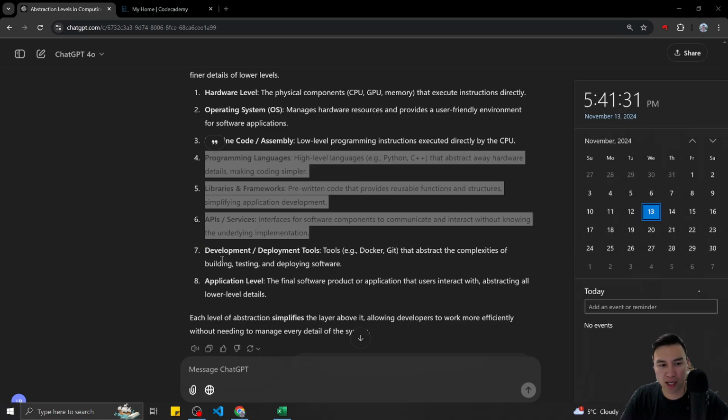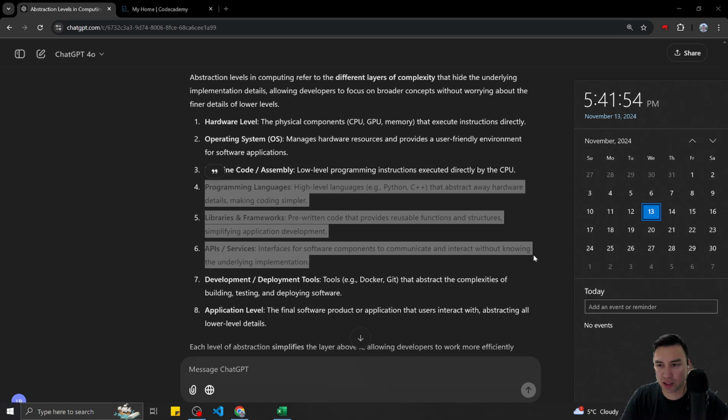In December, I need to be focused on the development and deployment tools, and then on the application level. I'll probably do 70% of my time here, and 30% of my time living in this aspect.